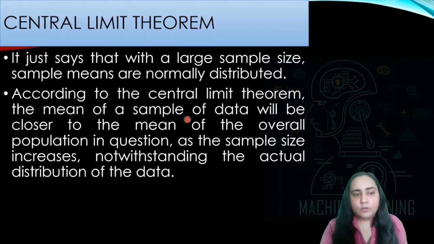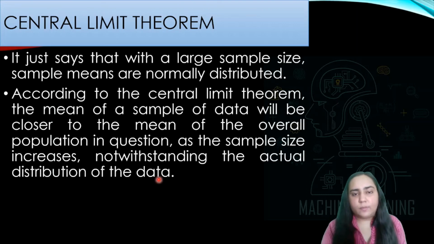According to the central limit theorem, the mean of a sample of data will be closer to the mean of the overall population in question as the sample size increases, notwithstanding the actual distribution of the data. So as you go on increasing the sample size, the average of the sample will start becoming equal to the average of the population, which is quite